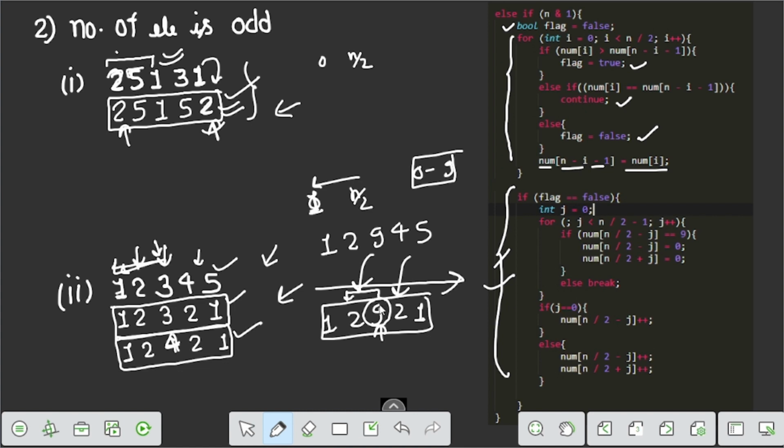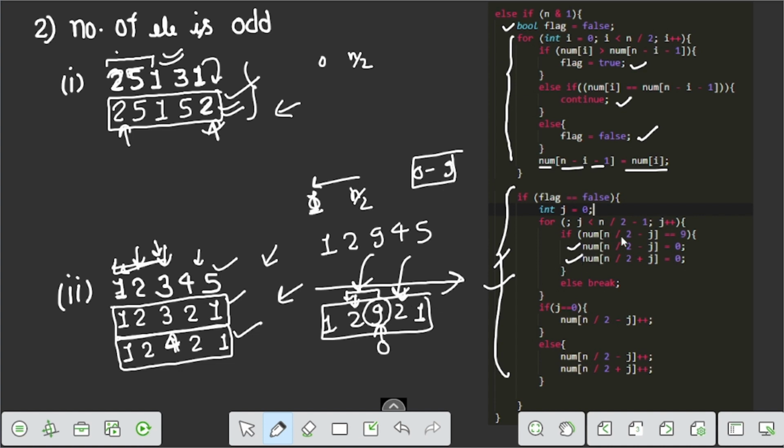So we go to the next element, which is 0. If a 9 is encountered, we simply change that number to 0. If we go further, we change this and this also.